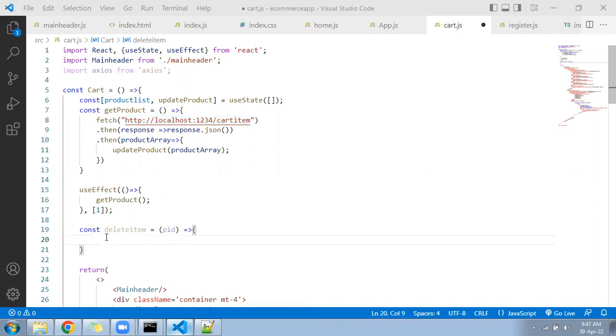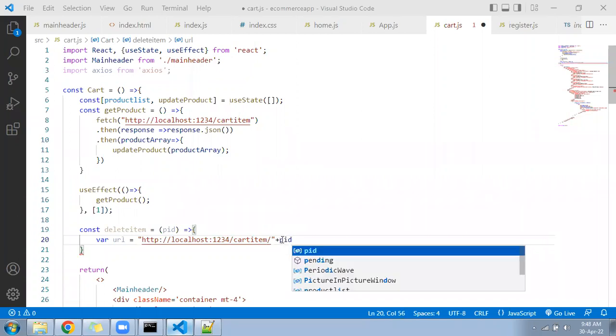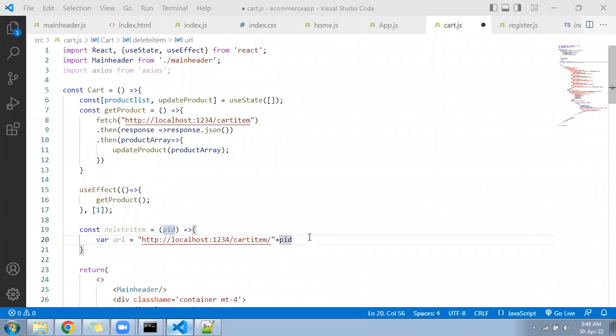Variable URL equal to the same URL. In this URL, we have to append the PID, that is the product ID. And after appending,